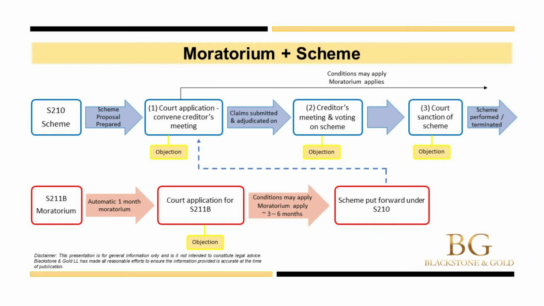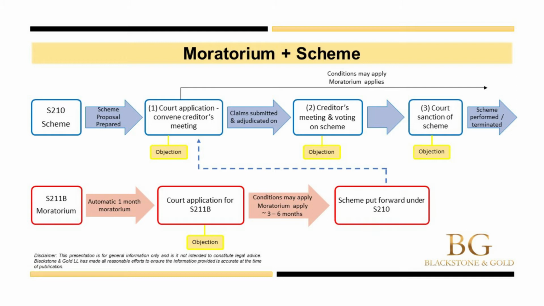That's why you have a Section 211B moratorium. The Section 211B moratorium is in the red blocks flow at the bottom. And it starts the moment you make an application under Section 211B. The company gets protection against the appointment of receivers for assets owned or held by the company, and also protection against an application for liquidation of the company, or the enforcing of security. From the time, let's say a debtor starts an application today, it has an automatic 1-month moratorium,